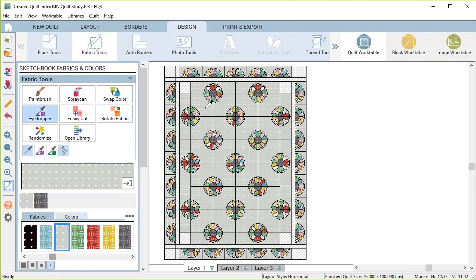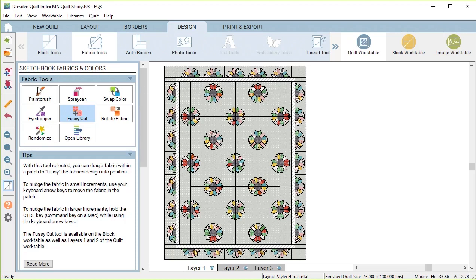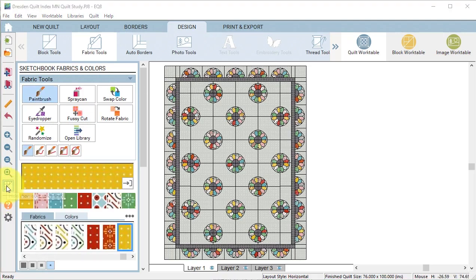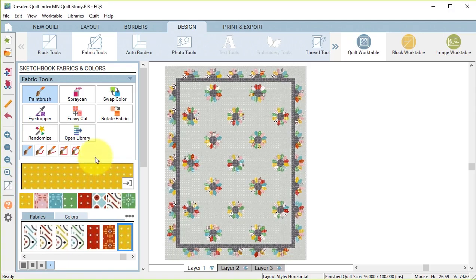And then with the fabric tools, I can use my eyedropper, and I can color some of the other patches. And then I will hide show quilt patch lines, and if I like what I see, I will add it